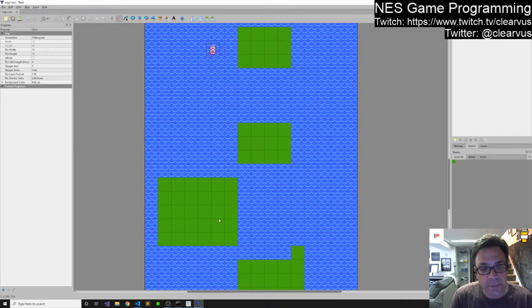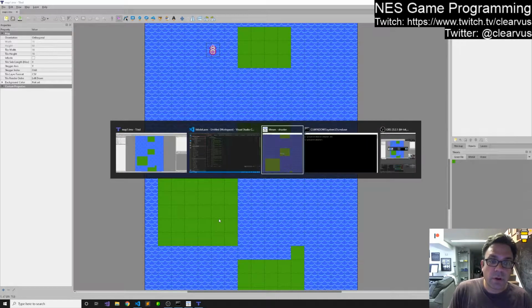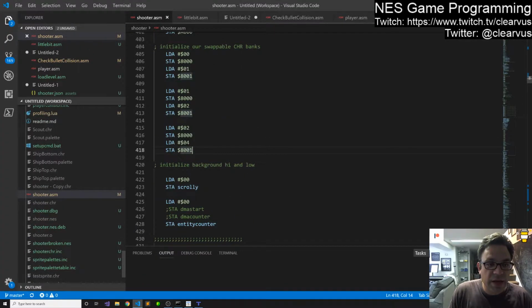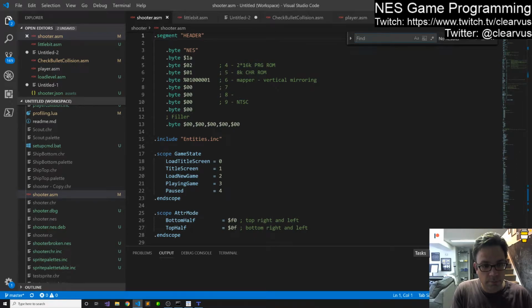was problematic because it was too short. And, well, sorry, there were 2 problems. The first one was the timer was too short. The second one was that when we added a new timer variable, we got all sorts of weird behavior. And that was caused simply by adding to the entity type here